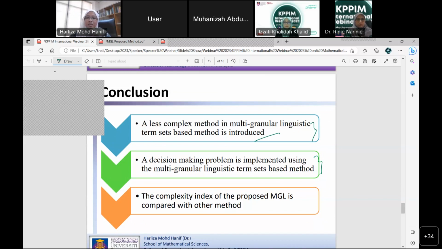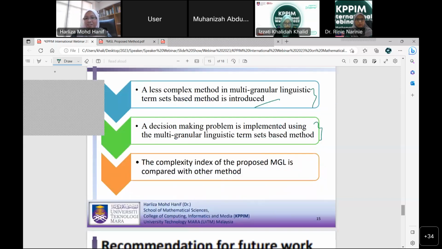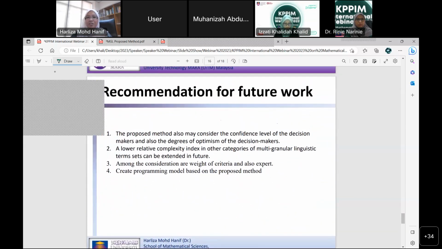And then the complexity index of the proposed MGL is compared. We calculate the complexity level of each method, and then we compare. And then we can conclude that the proposed method has a lower complexity index. That one is another story, another subchapter for this. And then for recommendations for future work,